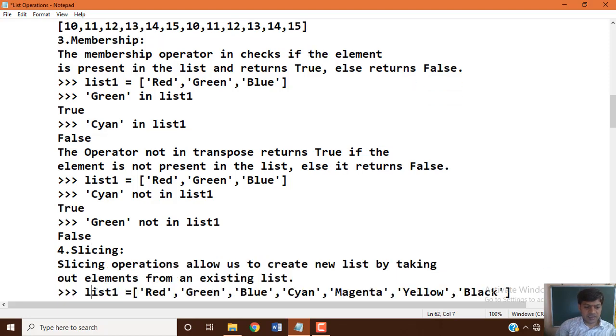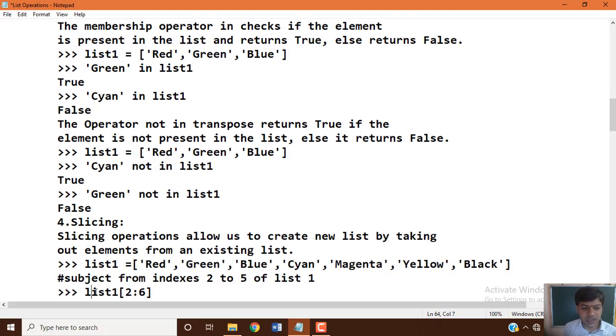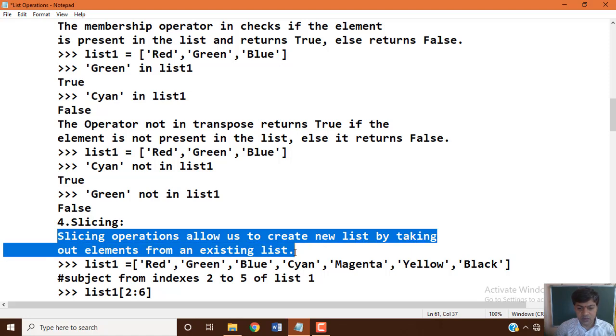Now another concept is slicing, which we saw in an earlier class. Slicing operations allow us to create a new list by taking out elements from an existing list. So let's take an example.